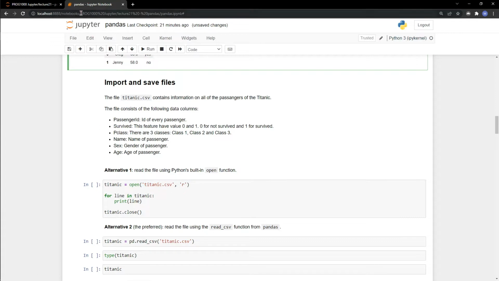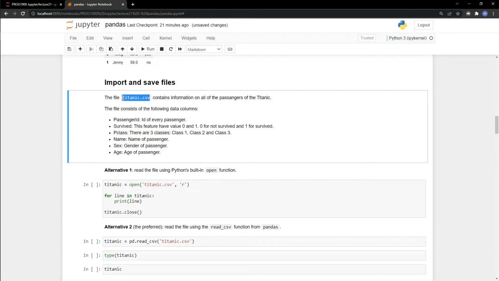With the Pandas library, it's super easy to import and save files. So today we're going to work with an example file, which is the Titanic.csv file. This file contains information on the passengers of the Titanic, which sank in 1914. And we have the following variables in our